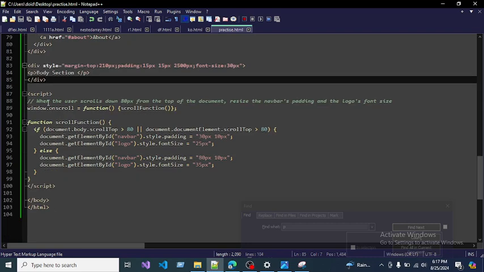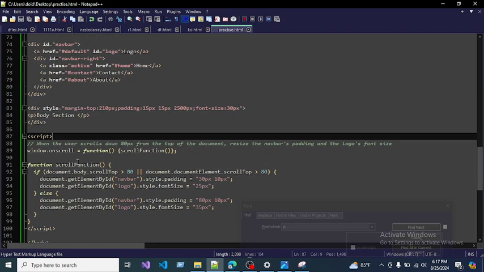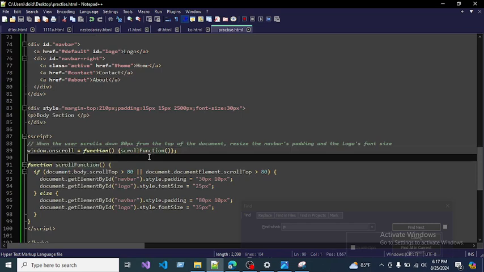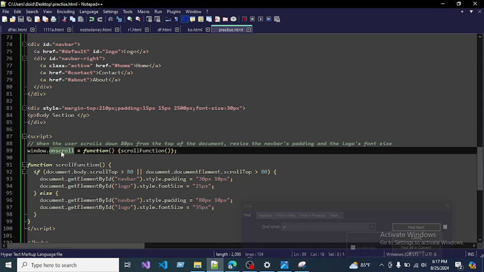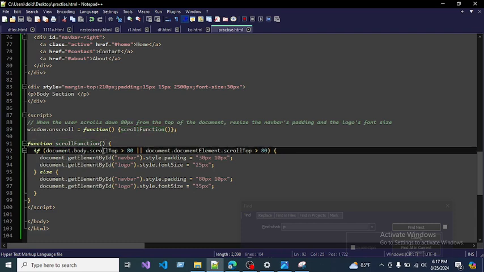So now I discuss about JavaScript scrolling. Okay. So first of all, you need to create a function named scroll function, and the type is onscroll. Okay. Now scroll function. If document body scroll top greater than 80. Okay. Or